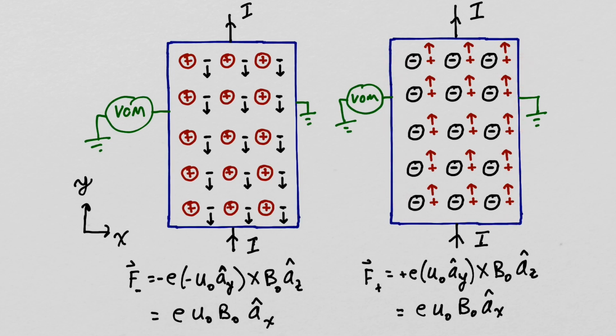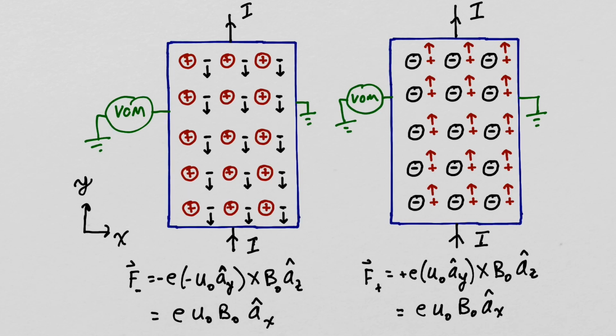So if Hall would have observed a positive voltmeter reading, he knew the mobile species were negative charges, and if his voltmeter had given a negative reading, he would have known that the mobile charges were positive charges. Hall observed a positive reading on his voltmeter, so he was able to conclude that the mobile species in metals were negative charges.